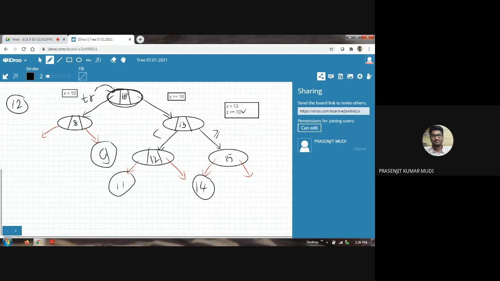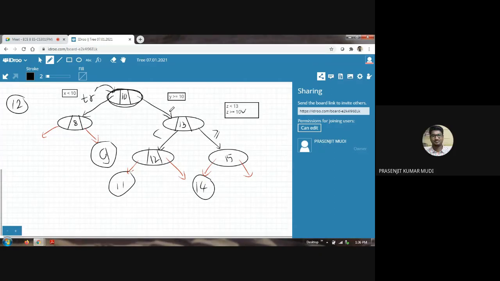No. So you need to move further into the binary search tree. You can either go towards the left subtree or the right subtree. You have two options. Which option will you select?